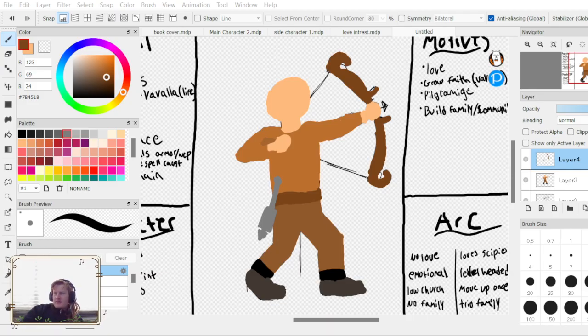Okay. Yeah, that doesn't look too bad. That doesn't look like leather, though. That looks more like... looks like plate mail that was colored brown. Looked like metal armor to me.